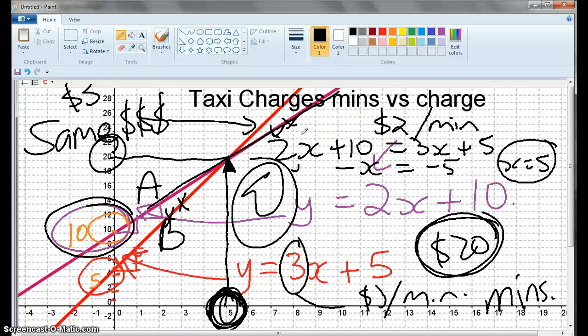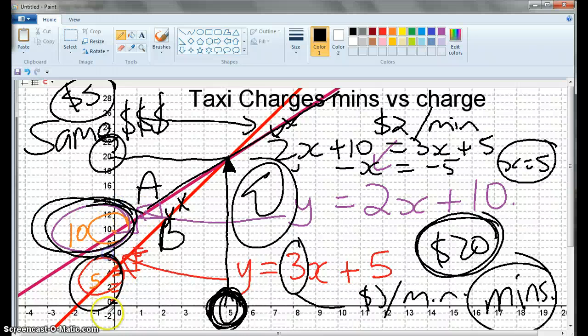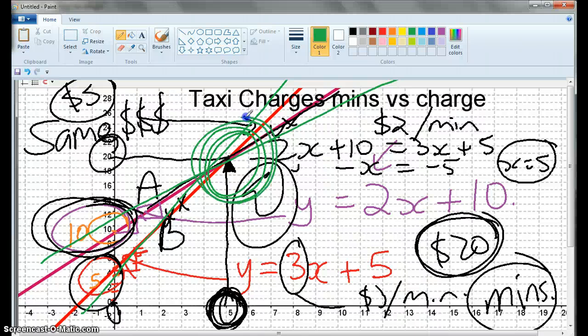Okay, so we have got gradient. The gradients of the line represent the charge per minute. And the other thing is, if you think of rise upon run, you think of dollars per minute. So the gradient is the dollars per minute. The y-intercept is the standard charge. At 0 time, you have to pay that just for being in the taxi. Then we talked about the fact that you have got two lines, they intersect at a point, and what does that intersection mean? At that point,